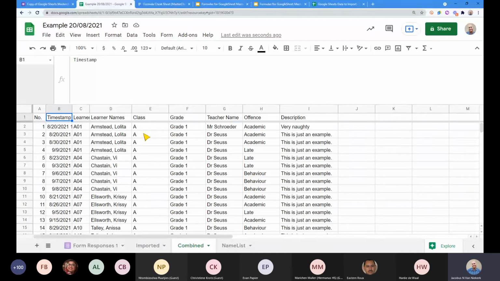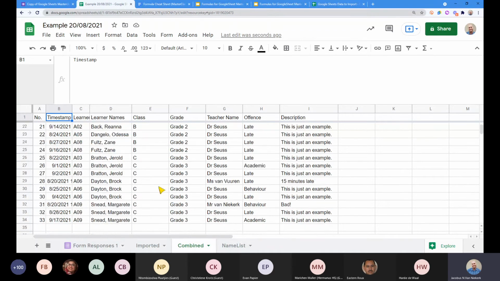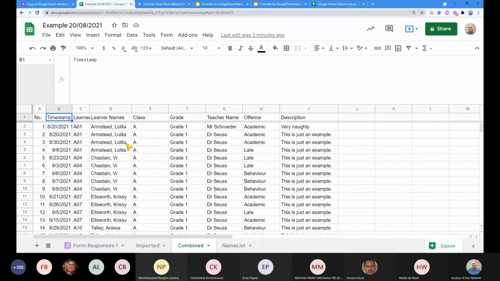Now, just very briefly, next week, you're going to be looking at Data Studio, and we're not going to be using a data set like this. Those of you that are going to register for the session, you'll receive an email asking you to fill in a whole bunch of questions on a Google form, etc. And then you'll see how you can use Data Studio to visualize that. But when you're in that session, I want you to really consider how you could use Data Studio to take this information and transform it into something meaningful and useful.